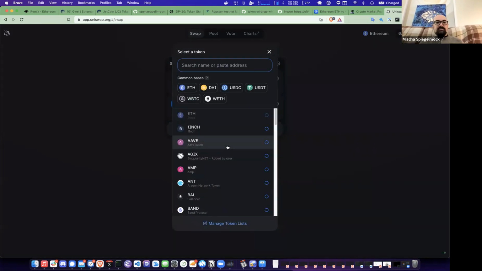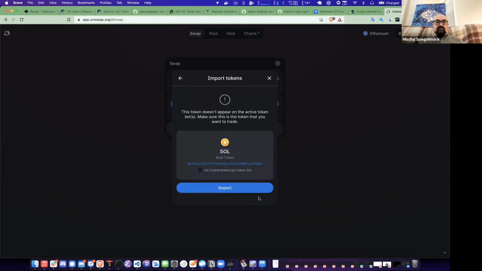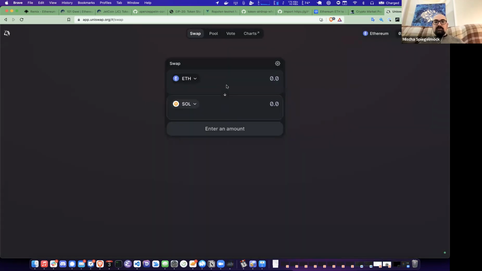So if you want to exchange Ethereum for, I don't know, Solana, you can see what the price is. Yeah, I don't know. Is that Solana? I have no idea. But we can say if we want to trade 1 ETH, then how much Solana can we get? It'll figure that out, and somebody will commit their tokens.